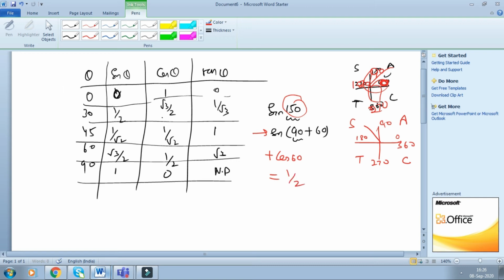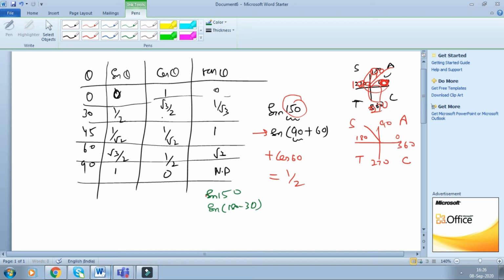So this is how we can solve any value. If somebody says no, we can write sine 150 also like this. I'll make it with the next color, green. Let us suppose somebody wants to solve it like this: 180 minus 30, because this is also one of the options. Either you can do it by 90 plus 60, or you can do it also by 180 minus 30. We'll see whether we get the same result or not.